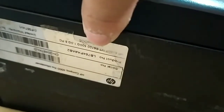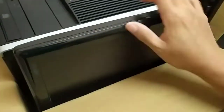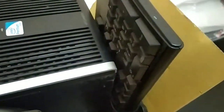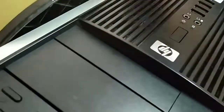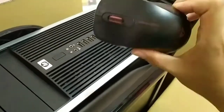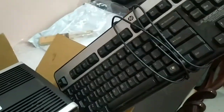It's an Intel dual-core E6700 Pentium system, so it's quite an old system. But for 150, including a monitor, I think this is a 19-inch. It's okay, just maybe for some office or a secondary PC. Comes with accessories, but it's quite dirty. So we need to clean this all up,